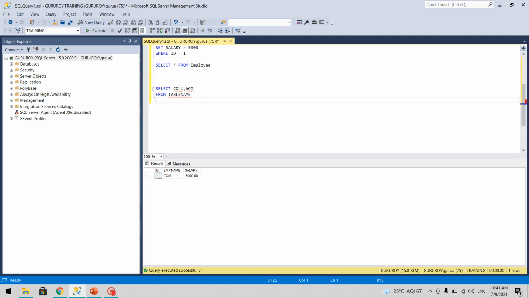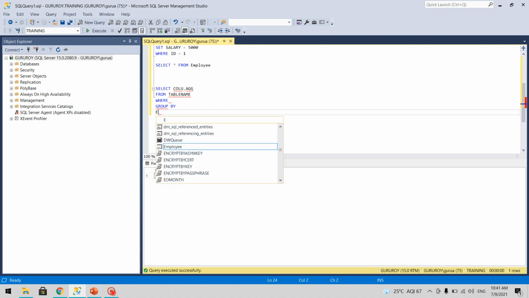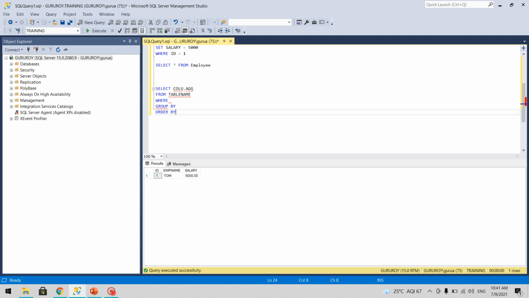Then in case you have any where clause, you can use that, and then you use group by, and at the end you have the order by clause. So this is the basic level at which you will be writing your statements. Now all joins and everything come between from and where.